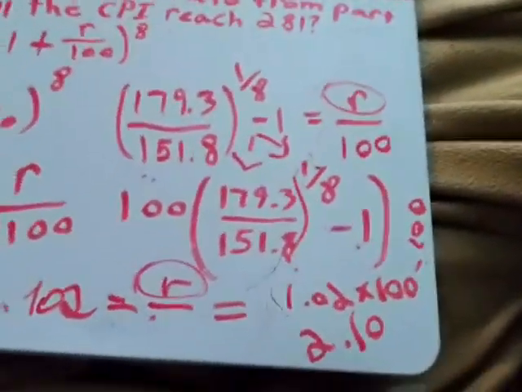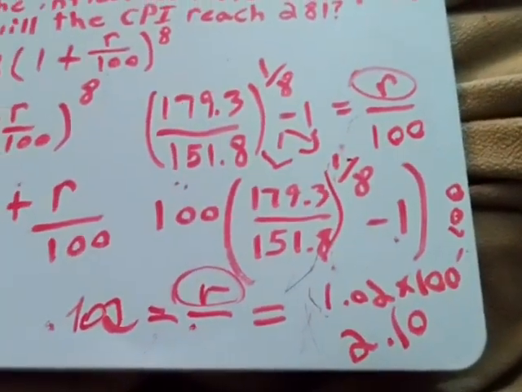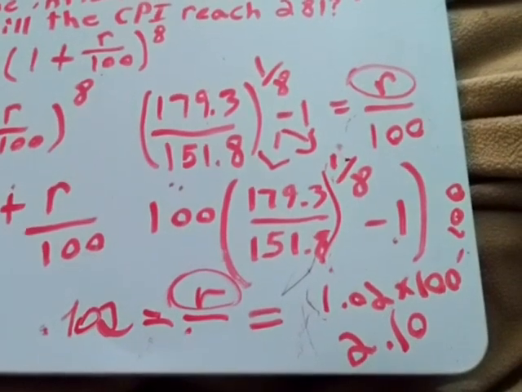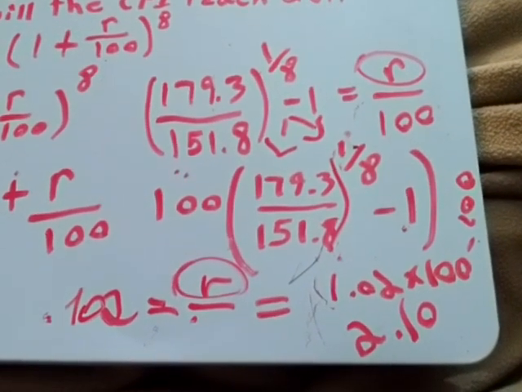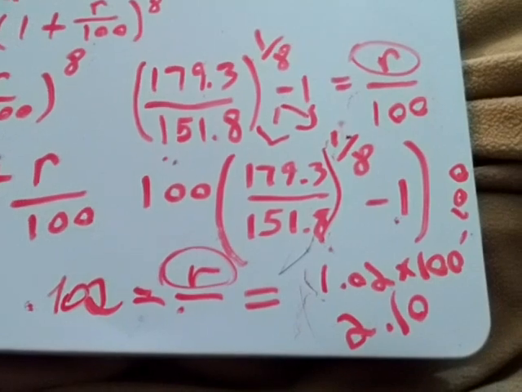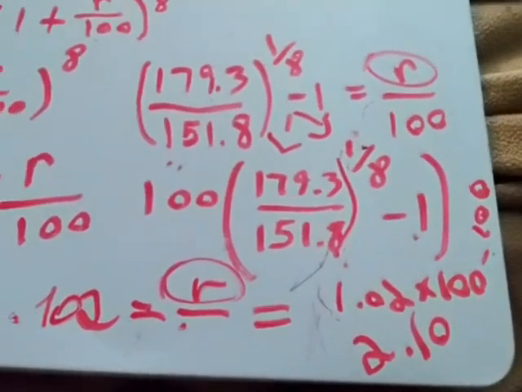And now I'm trying to get R by itself. So I'm going to multiply both sides by 100 to get R by itself. So I know that if I multiply the left